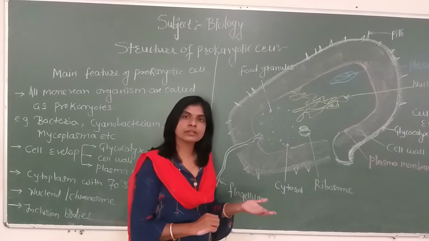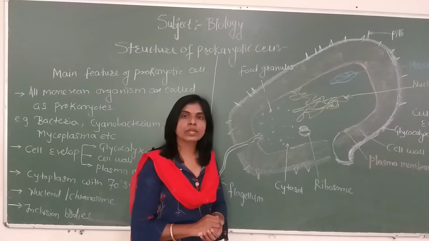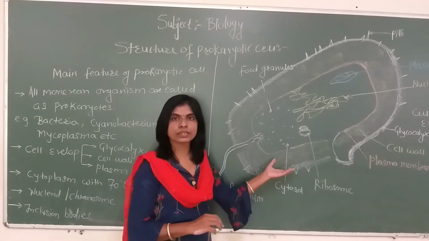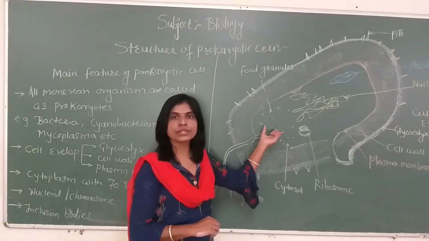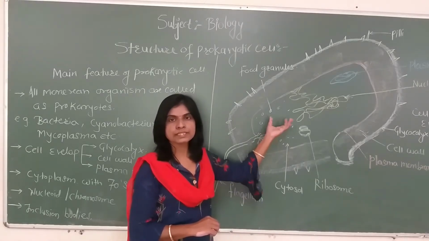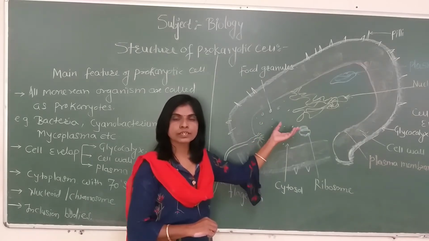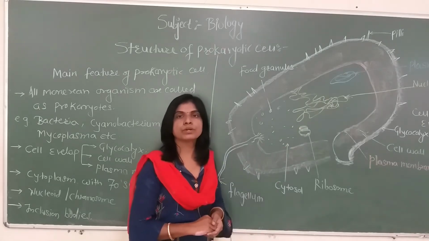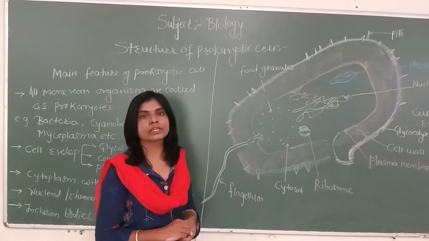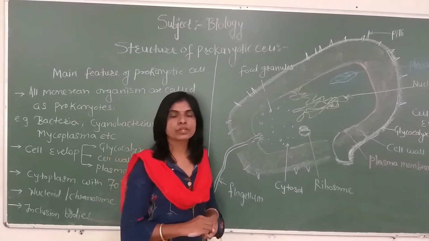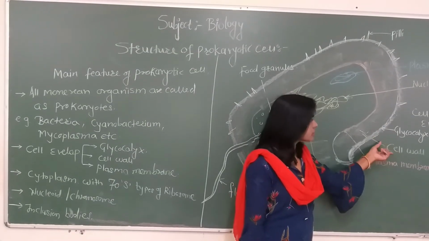Whether it is a slime layer, loose sheet, or a tough capsule, what is the role of glycocalyx? Glycocalyx avoids the dryness or desiccation of the cell. That means the cytoplasm containing fluid never evaporates out. It remains inside. So in this manner it avoids the dryness of the cytoplasm or the entire cell. Another function of this outermost glycocalyx is that it makes the bacteria resistant to different types of drugs and medicines, for example antibiotics.